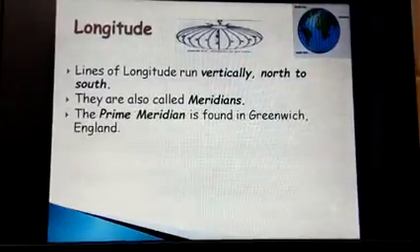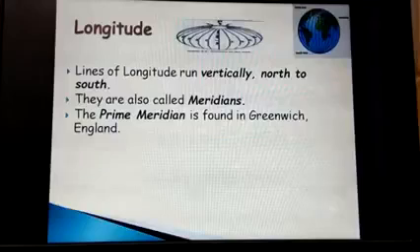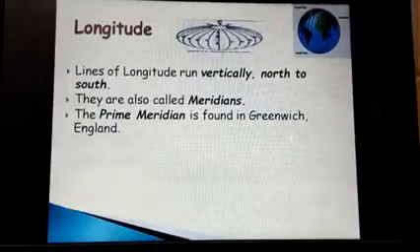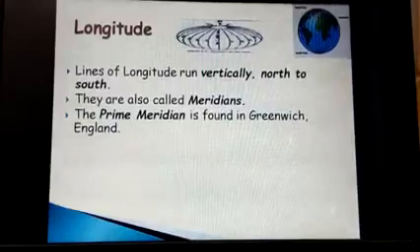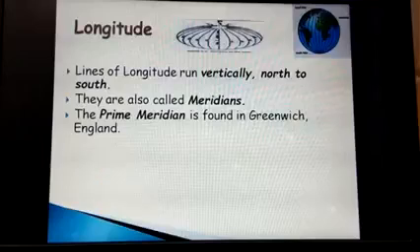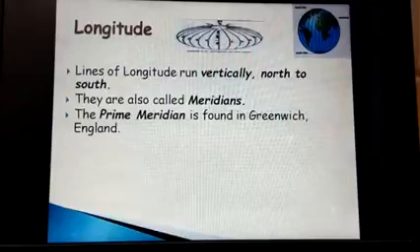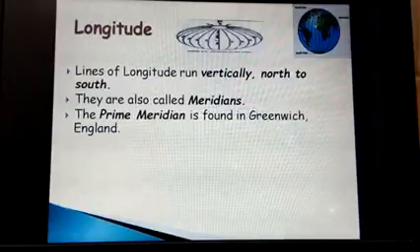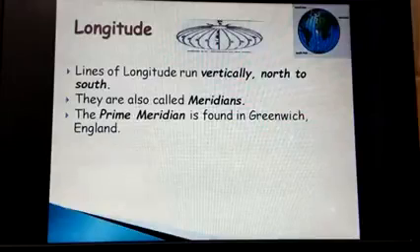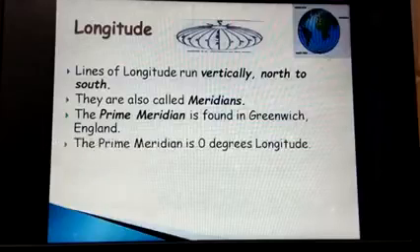The prime meridian is found on the Greenwich line in England. There is one line which is straight. You see, the first line is drawn at 0 degree, like we have the equator at 0 degree. Similarly, 0 degree longitude is known as the prime meridian. Prime meridian means 0 degree longitude, which is found near Greenwich. This is the Greenwich line. Here you see the straight 0 degree line, which passes through England.